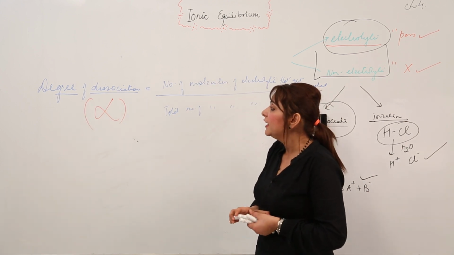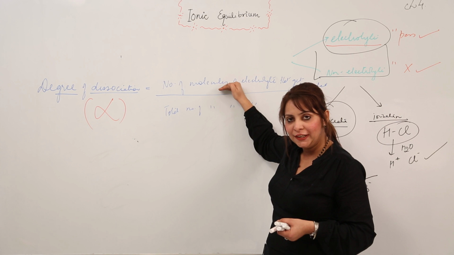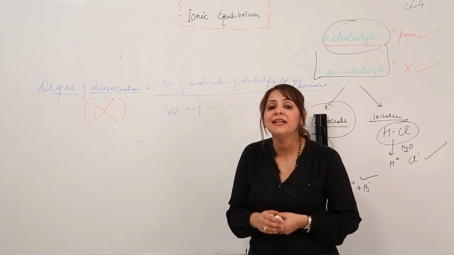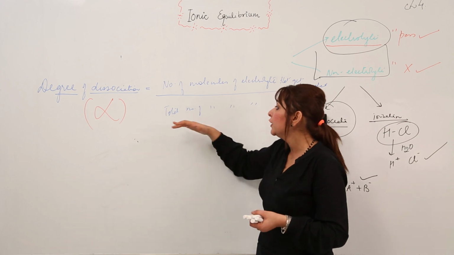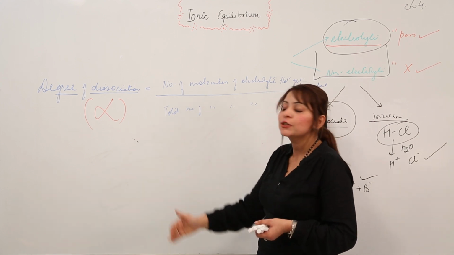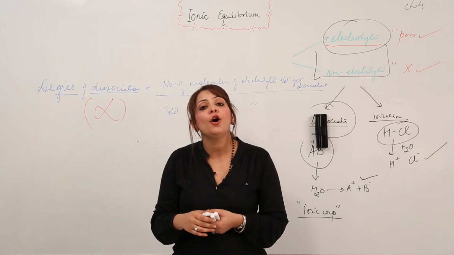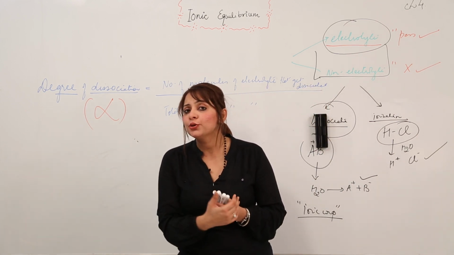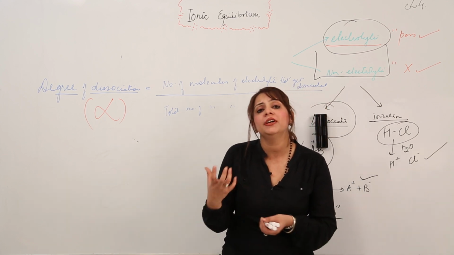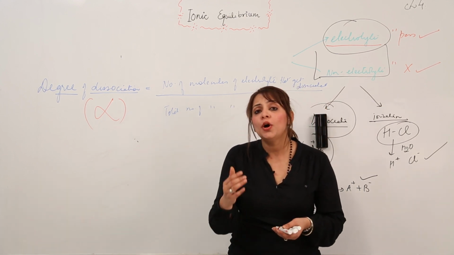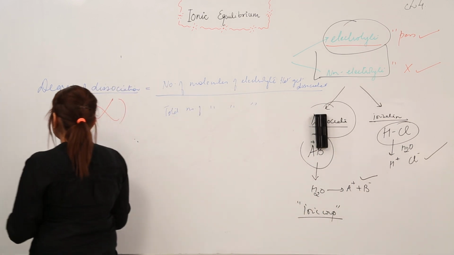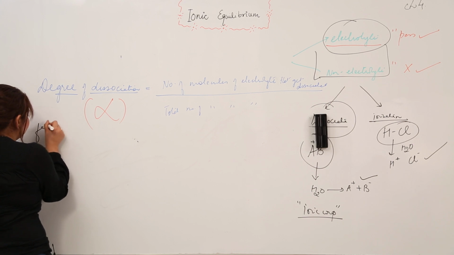And what is that? It is equal to the number of molecules of the electrolyte that get dissociated divided by the total number of molecules of the electrolyte which was present, right? So this is called the degree of dissociation. As I told you, different substances dissociate up to different extent. So what are the factors that favor the dissociation? So the factors which favor the dissociation are,